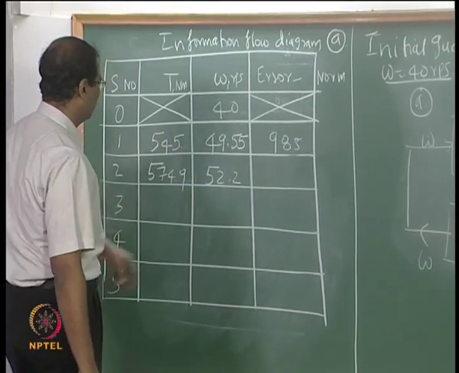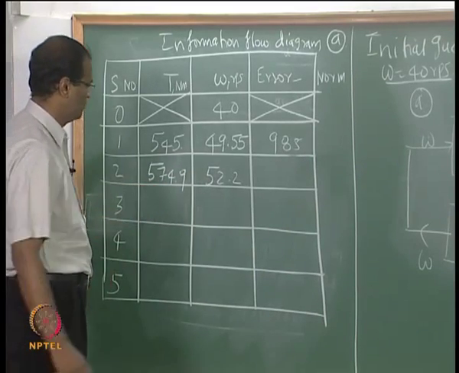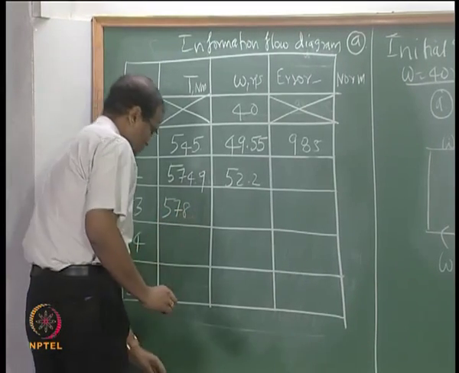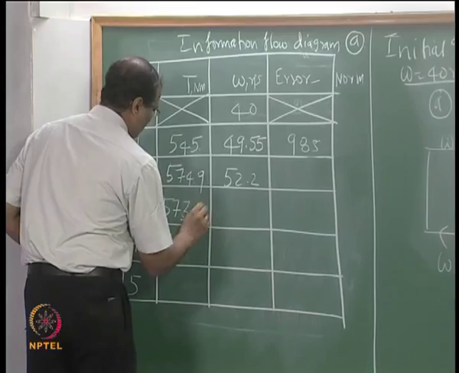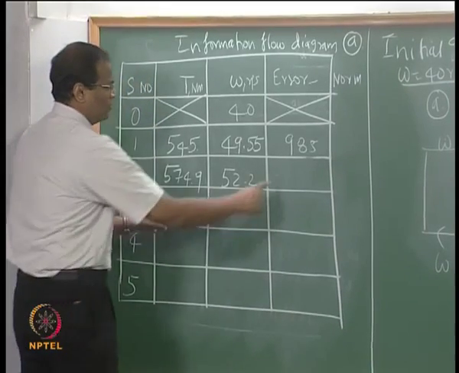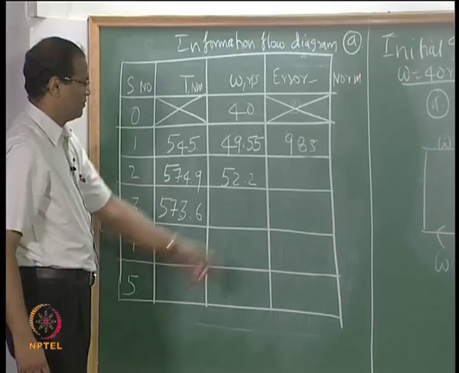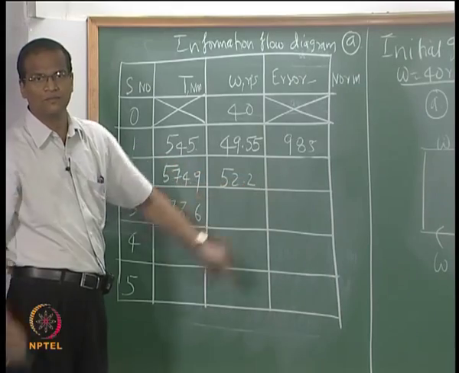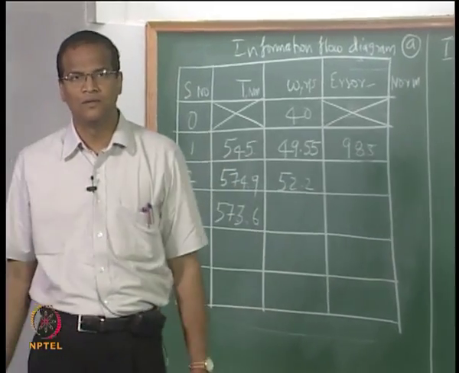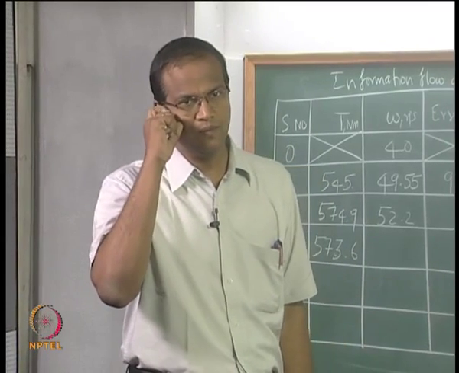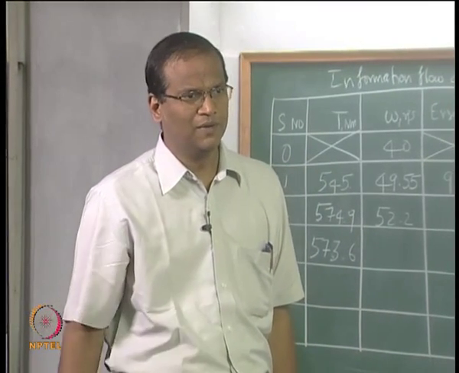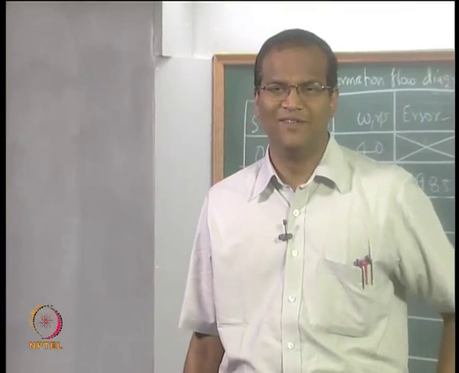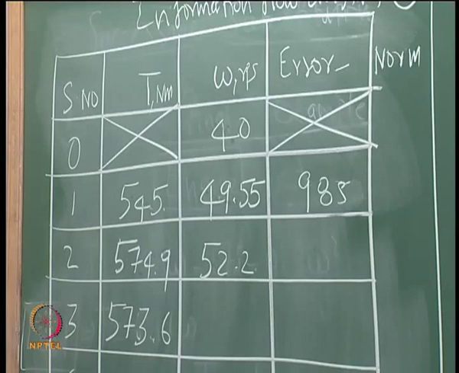Now you have to again do this. 570, 8.6. 9 plus 1, 10. How much is it? I will calculate the error only when these two values are matching. Final values are matching. Deepak, tell me. Sir, we need to calculate error only when they are close together. Don't try to minimize your work. 9.03.